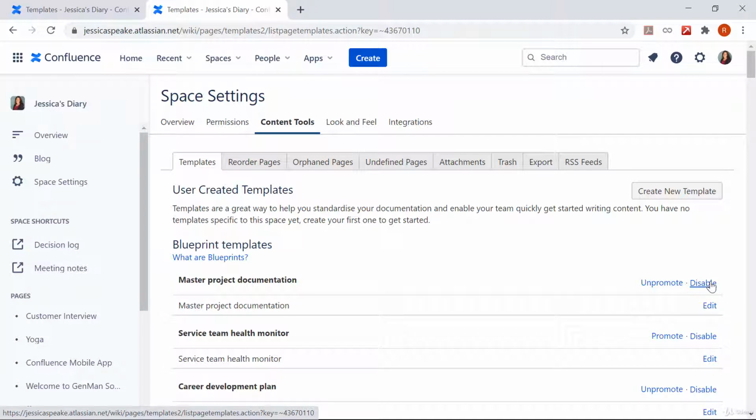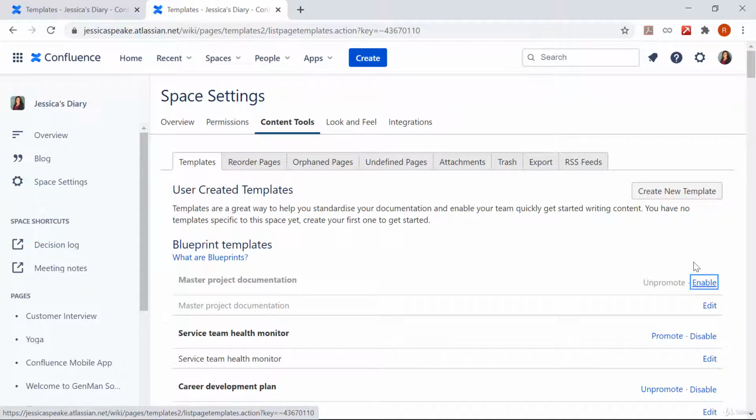If you are a Confluence administrator, you can also disable particular page and space blueprints for the whole site. To disable a particular blueprint, just click on this disable button. For example, in case you want to disable master project documentation, you can do that by just clicking on disable. And in case you want to enable it, you can click back on enable.